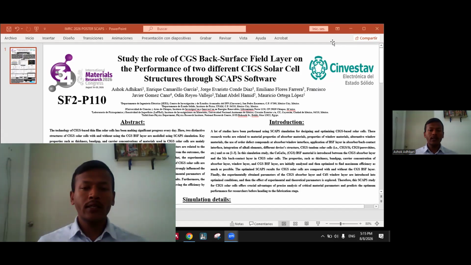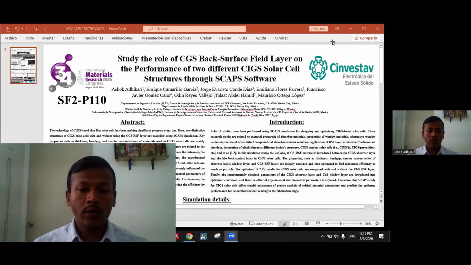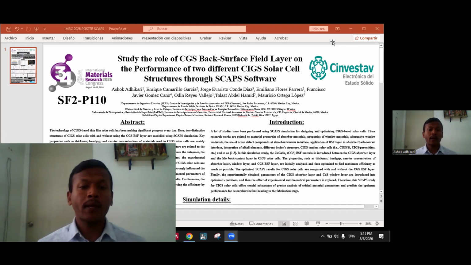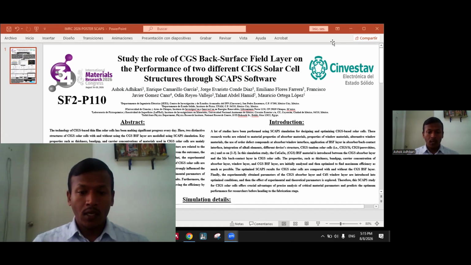These parameters are related to the absorption and transmission phenomena of photons, and the generation and recombination mechanisms. From the outcomes, the application of the CGS-BSF layer enhanced the efficiency from 27.31 to 32%. After the experimental parameters of the CIGS are introduced in the SCAPS simulations, the current-voltage characteristics of CIGS solar cells are analyzed. The parameters band gap and carrier concentration of CIGS and the CdS thickness have strongly influenced the